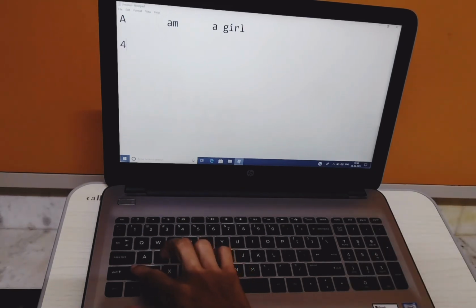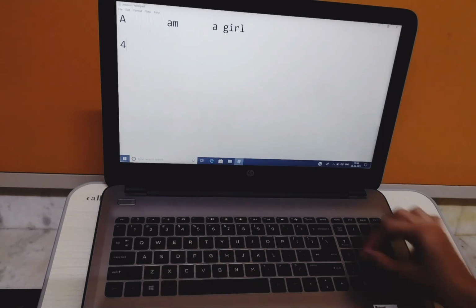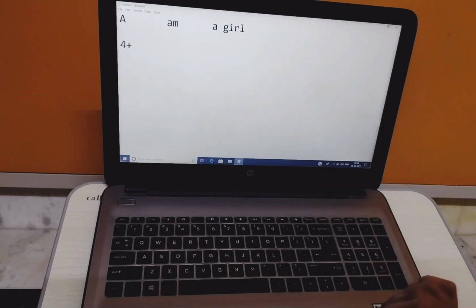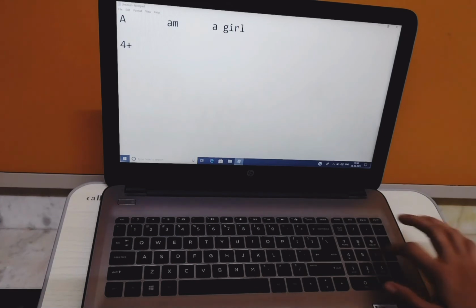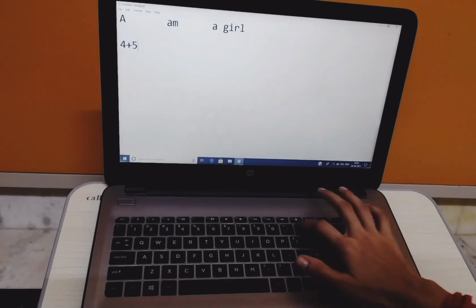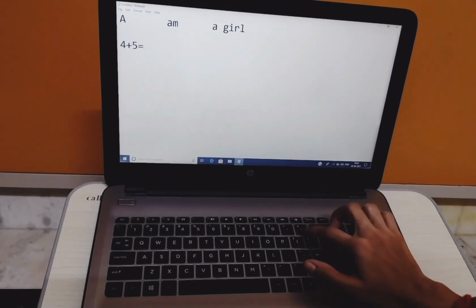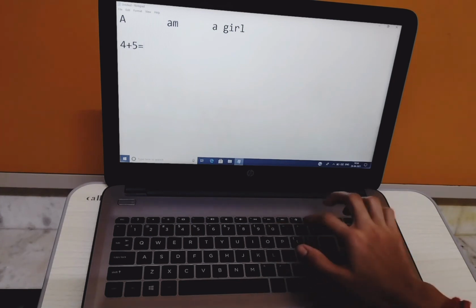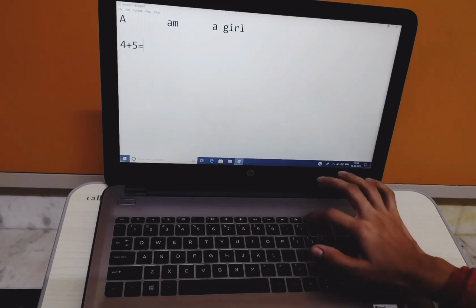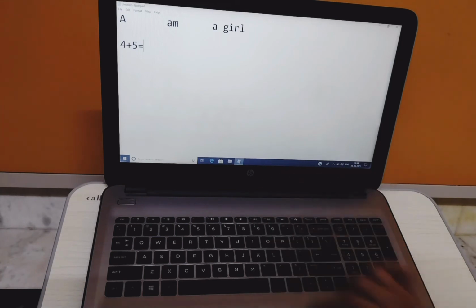As I said, you have to press the shift button and plus. Then 5 is equal to. Whatever is written down here will come by default. And if you want the upper symbol to work, then you have to press the shift button. Got it?